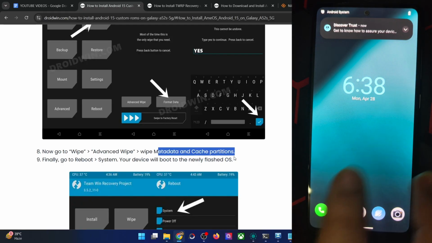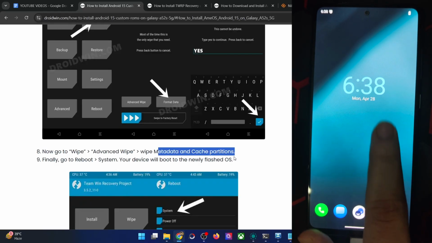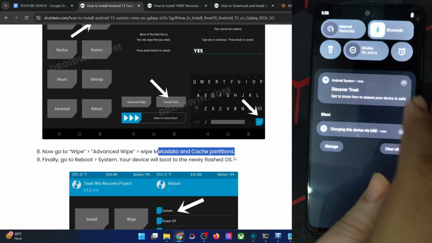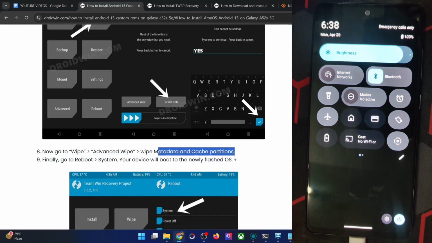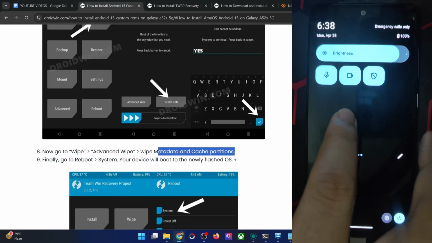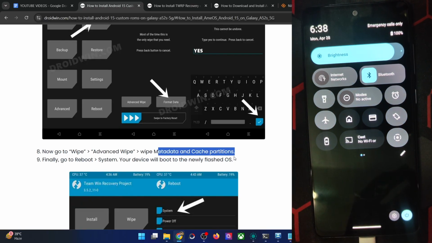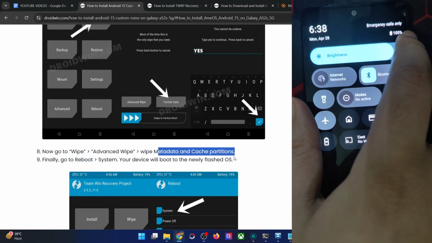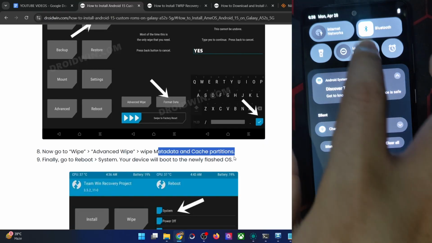Even the wallpapers are the same as Lineage OS, but the app icons are somewhat different. That's quite great to see. And as we talk about third-party apps, there aren't any, as I have flashed the vanilla build, so there are no GApps as well. And these are the QS styles, which are somewhat different. This is quite great to see, because we have seen the same old across all the ROMs, but this is somewhat different, and we have got the QS styles over here. Then the brightness slider is also over here.